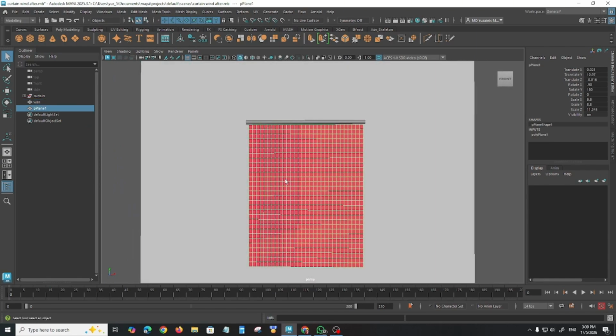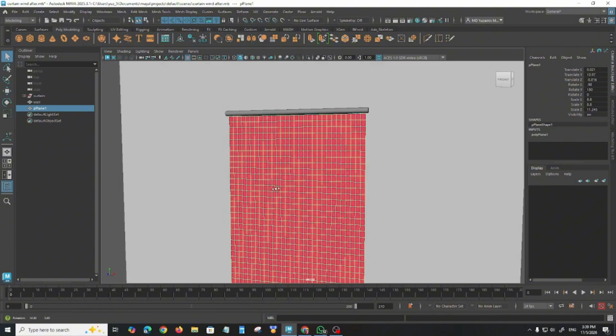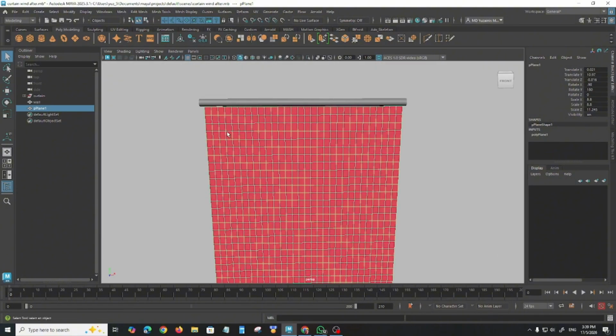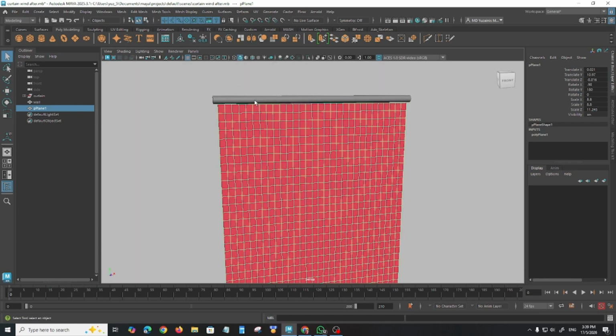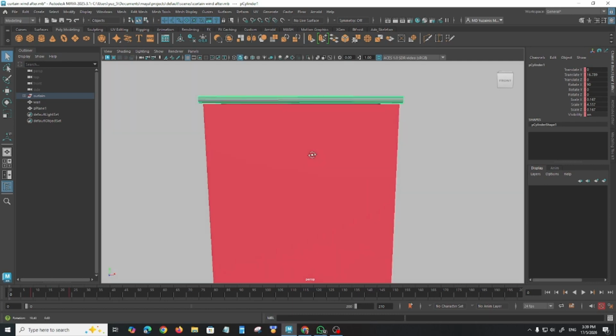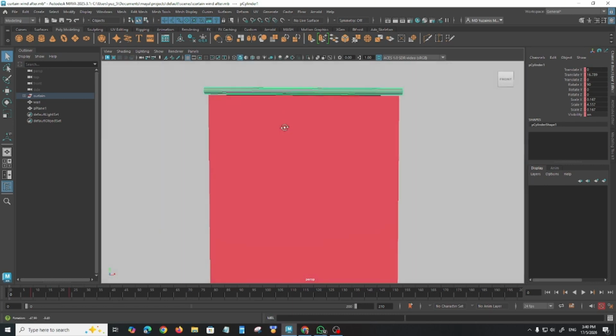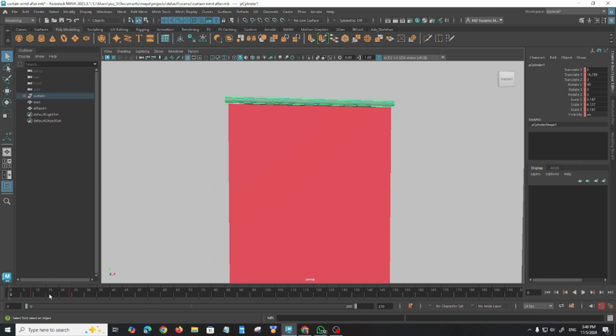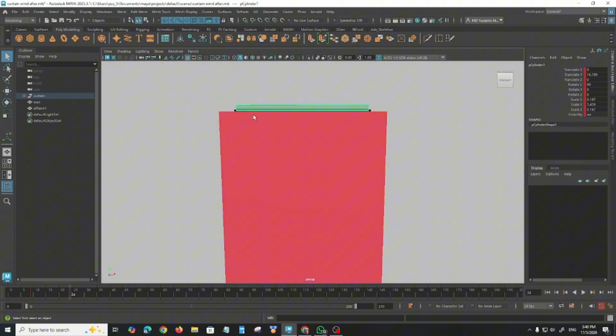All right, so we have the curtain. You can just leave it like this, and this is the railing for the curtain, I guess. And I did a bit of animation, which is basically that at a certain time frame it will shrink. The reason I do this is because later you'll see some cool stuff on how to start out the wrinkles